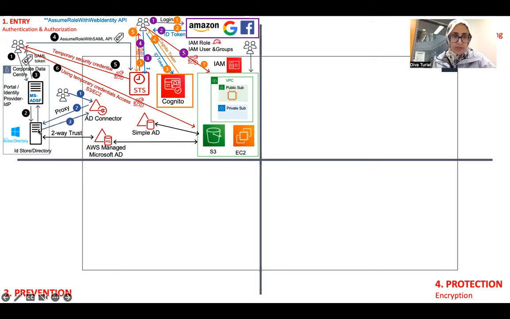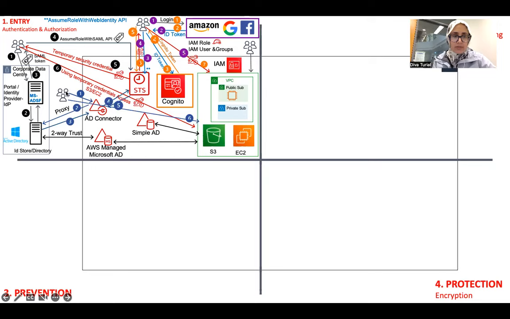Once the user is authenticated, they're given a token, and that token is taken back to the AD Connector, and then the AD Connector goes through STS. And then STS provides the security credentials, and those security credentials are used to actually access the AWS services. So that's how it works.